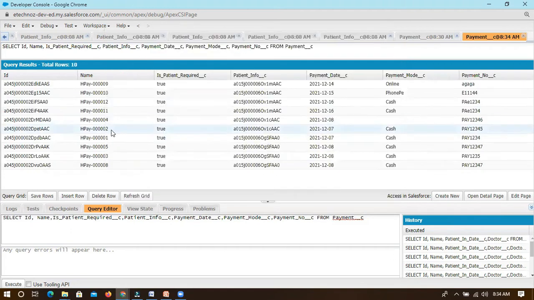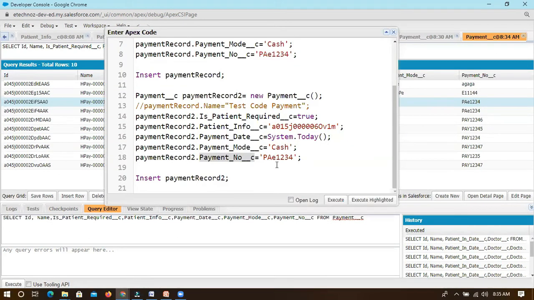So you will get all records along with this newly created record also. Previously it had only 9. Now how many records can you see? 10, right? So 11, 12 also. This is the latest record. If you go back and check it, it will have the same data only, because we have not modified anything. The same input, you can see over there also. Likewise, you can create multiple data within the system from backend also.